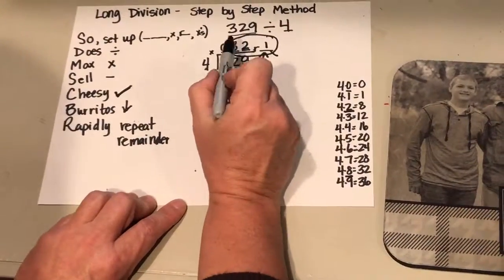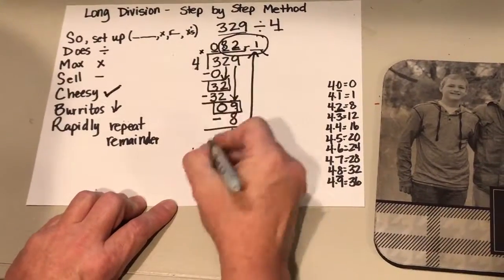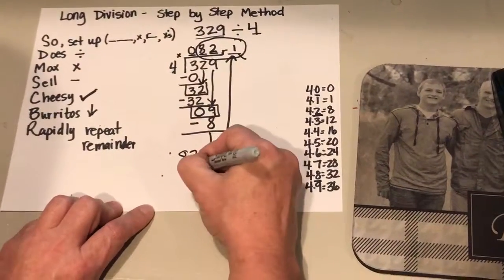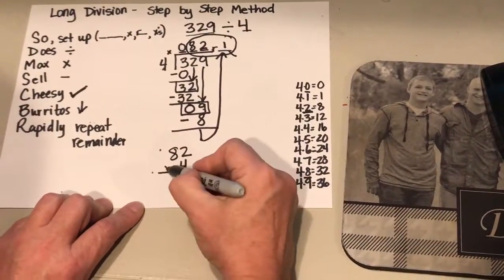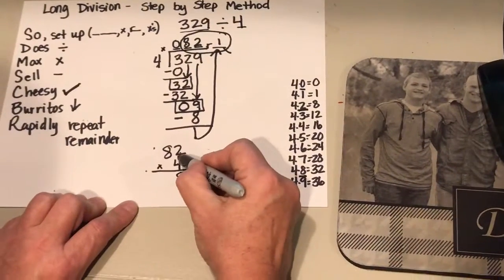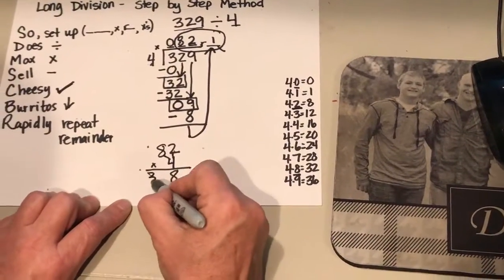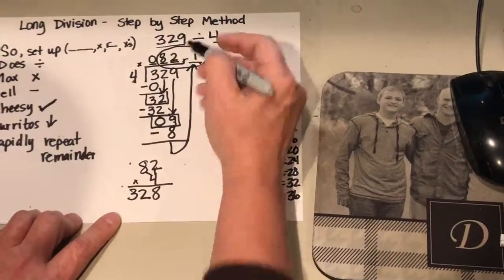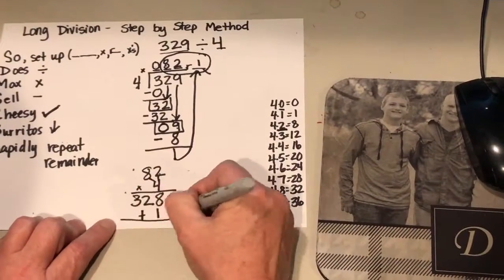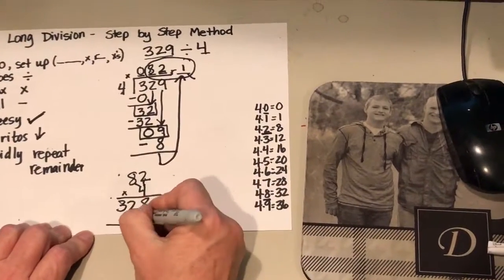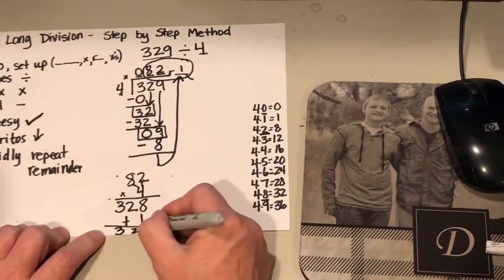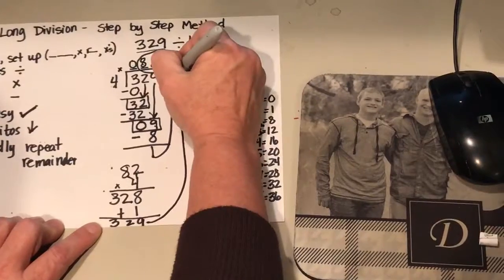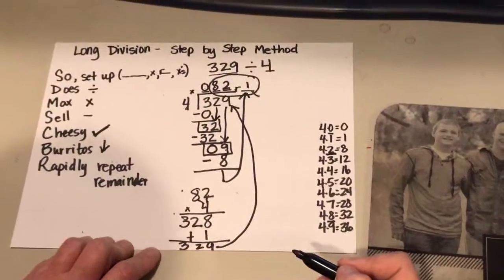So we take 82 and we multiply it by 4 people. 4 times 2 is 8, and 4 times 8 is 32. But don't forget that you gave 1 away. 1 was remaining. So you're going to add that remainder in. 8 plus 1 is 9. Bring down your 2. Bring down your 3. 329. If this digit is the same as this digit, then you know you did your division problem right, because